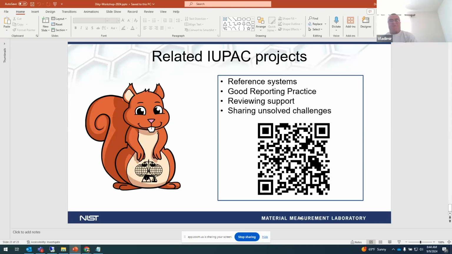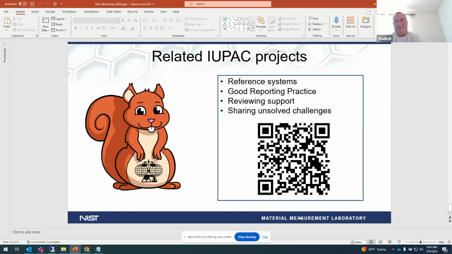Related IUPAC projects. We are running a few, or completed a few projects. One on reference systems for phase equilibria: solid liquid, liquid liquid, and vapor liquid. Two reports have been published, and one is in the preparation stage. Good reporting practice project has been completed, and now it's a difficult question how to make it working, because the